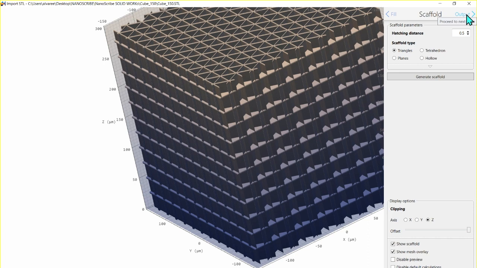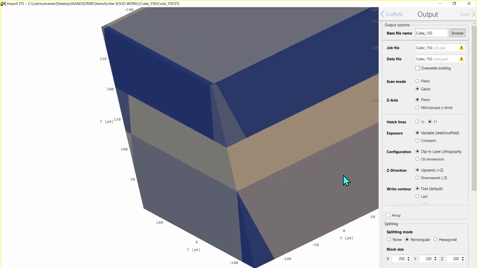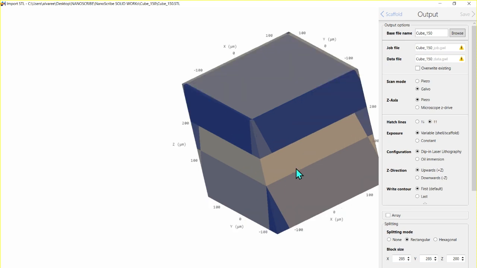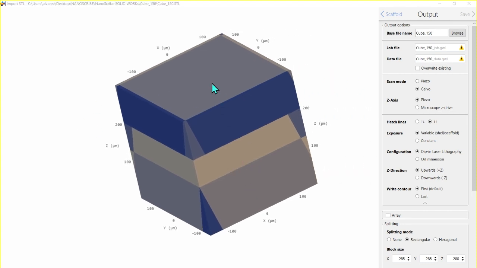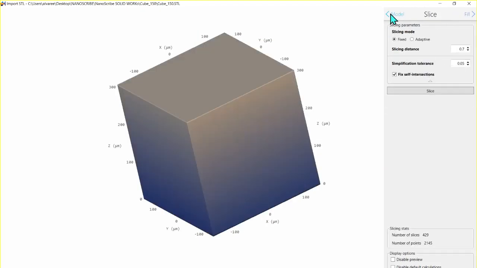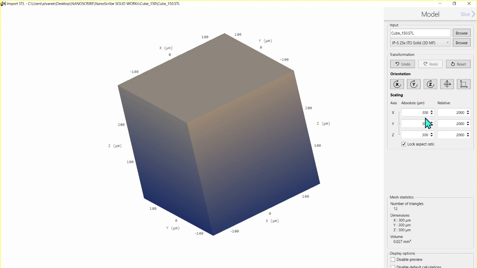So let's go to the final step, which is the output. And here, okay, you see different colors and it's a little bit weird to see this structure like this. What are these different colors? These are the blocks. Do you remember that I was saying the printing field in the first video, right? This is related to this because if you remember, I gave it a dimension of, if I don't remember, but let's go to the first step. I put 300 by 300 by 300 and it should be